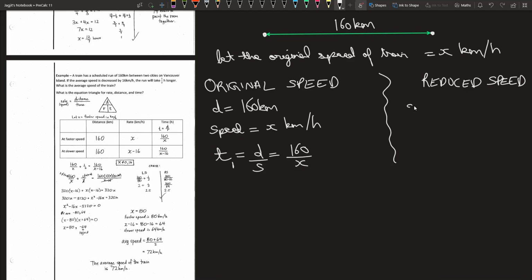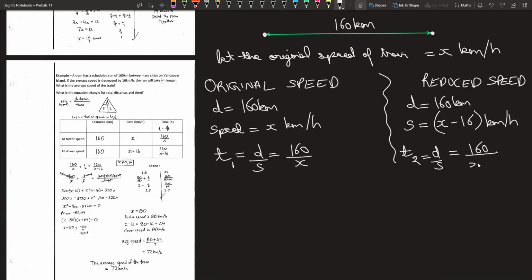Okay, what happens in reduced speed? Your distance is still the same. It's 160. But then what you did was you decreased your speed by 16 kilometers. That means your speed now is x minus 16, because you decreased it by 16, right? Kilometer per hour. So what's your time? Again, it's distance over speed. But in this case, your distance is 160 and your speed has been reduced by 16, so it's x minus 16. They say when you reduced your speed, you took half an hour longer, which means T2 is half an hour more than T1. So what you can say is T2 minus T1 is equal to half,